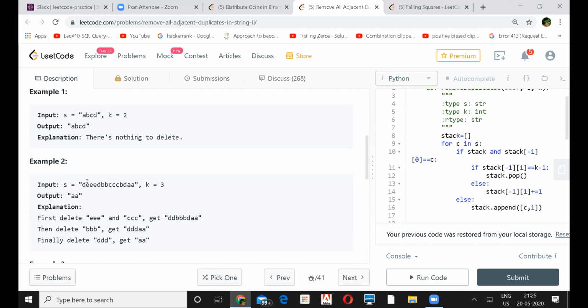So if E is 4, then 3 will be deleted the first time, right? If the count is equal to 3, then we can delete it. Yeah, true. So if your E is 4, then 3 you have to remove and 1 you have to keep. How will you take care of that one? Do you have something to share? I've just seen the problem statement, so thoughts are just coming.